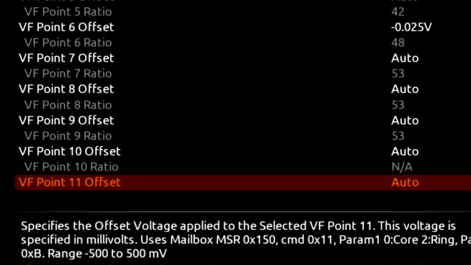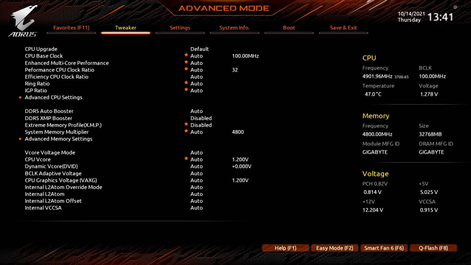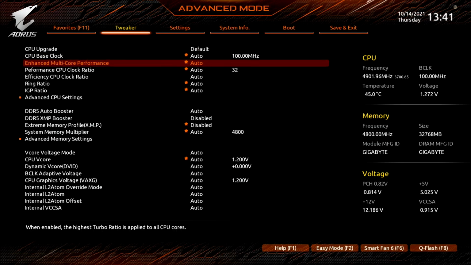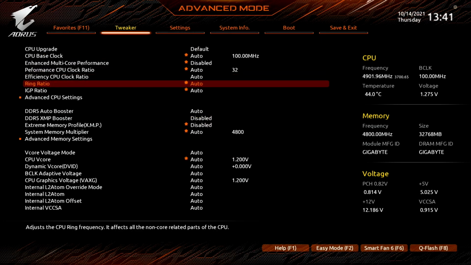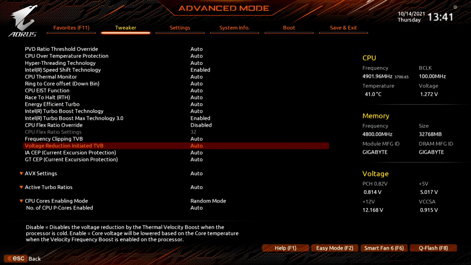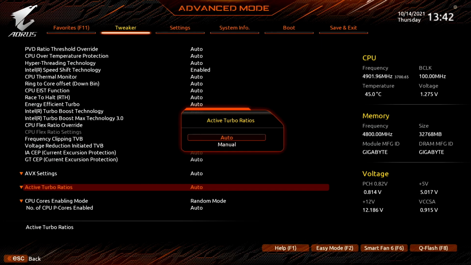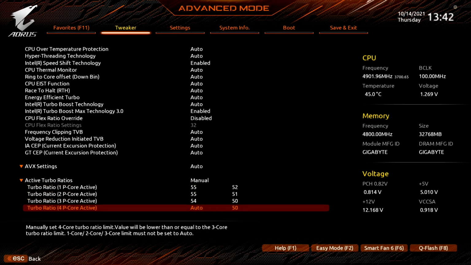Possibly for future products. Upon entering the BIOS, set the advanced mode and stay in the tweaker menu. Set enhanced multi-core performance to disabled. Enter the advanced CPU settings submenu. Set active turbo ratios to manual. Set turbo ratio for 1P core and 2P core active to 55. Set turbo ratio for 3P core active to